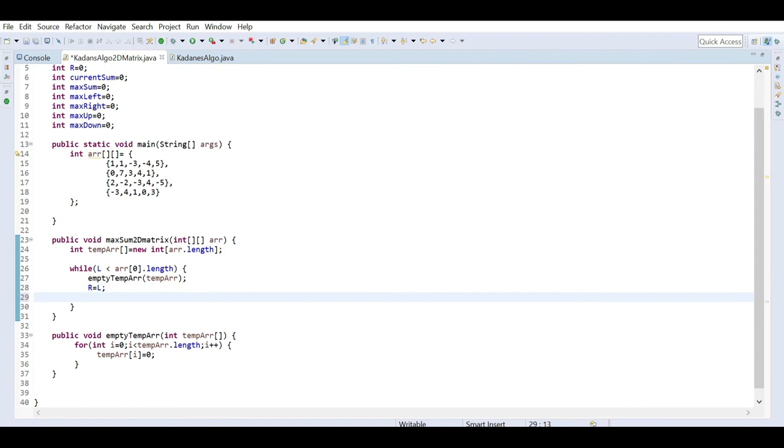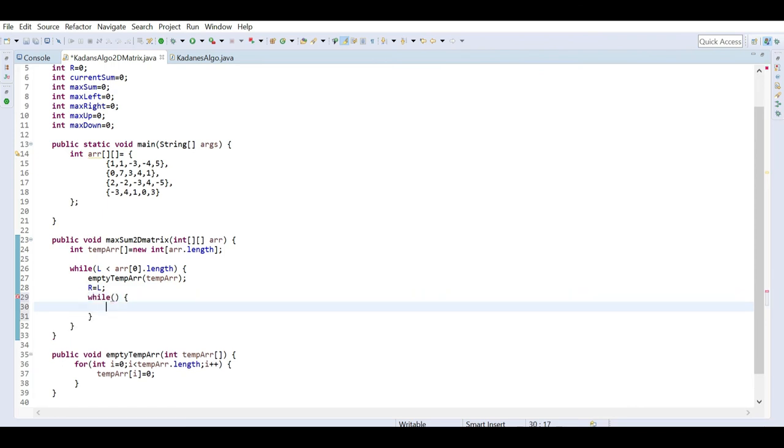So while starting, r will keep on moving and L will be constant in that particular rotation. Now I will define another while loop where this right's movement will be tracked, and r will run till array dot 0 dot length only. Maybe its starting will be different, but it will also run towards the end of the column.